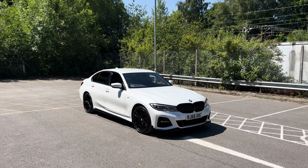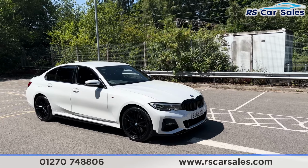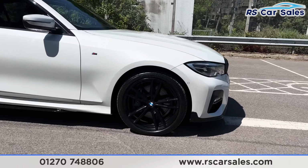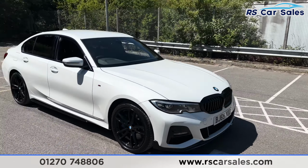Here we have a 2019 BMW 330e M Sport. Now this vehicle comes with over £3,000 worth of optional extras, all of which are listed on the website, but they include the M Sport Plus package. We have the 19-inch gloss black alloy wheels, all of them in excellent condition, with the blue M Sport brake calipers just behind. We have the mineral white metallic paintwork, the M Performance Kit, which includes the gloss black front